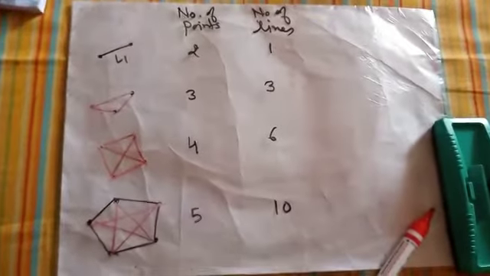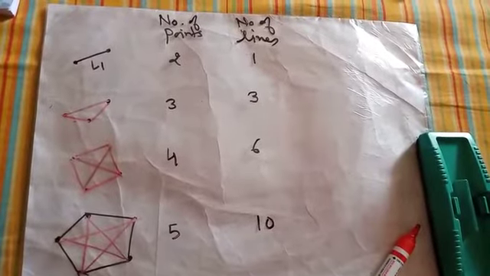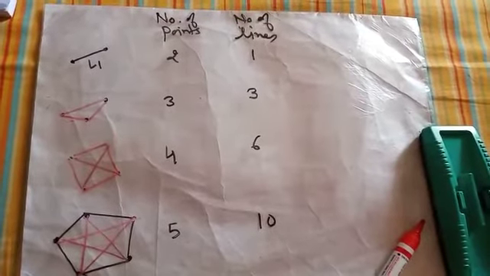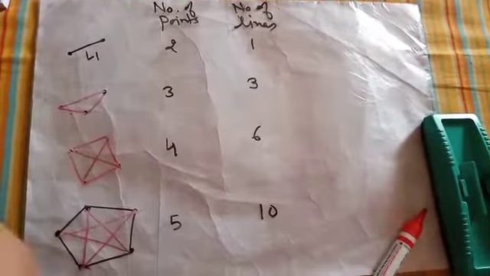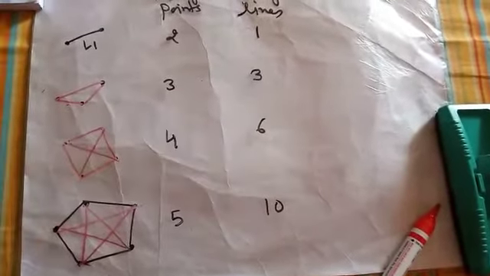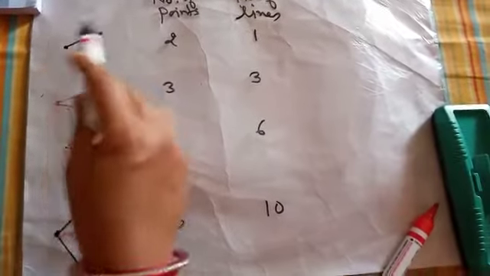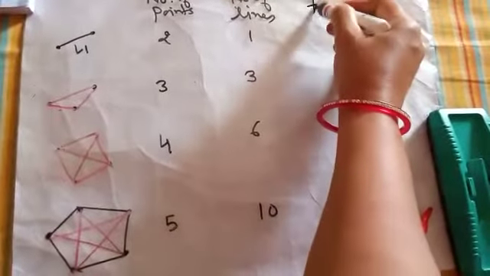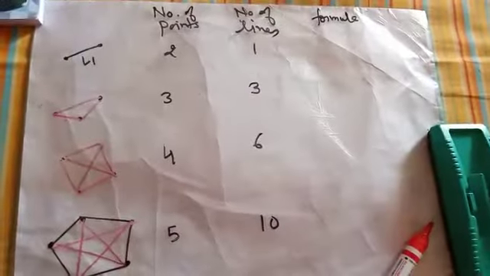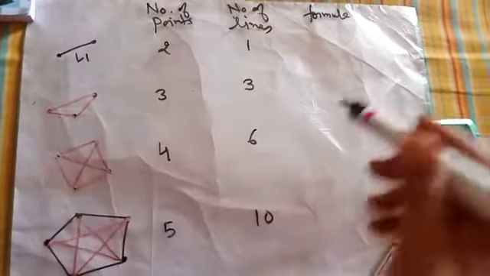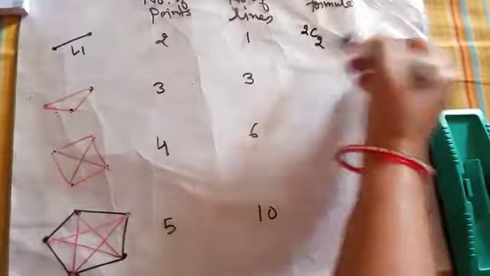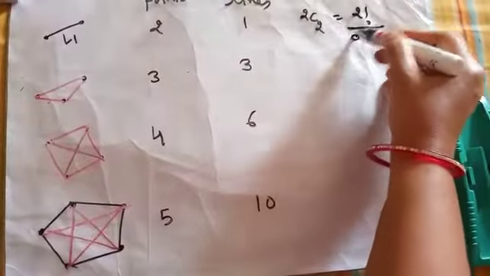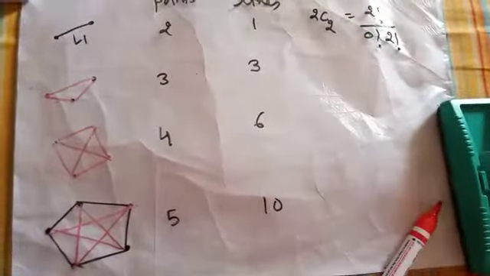Now what are we supposed to do here? What are we trying to find out? We are trying to find out how you can draw the lines given the number of points, and now we have to get a formula for it. When we are framing these lines, what is actually happening? You are taking 2 points to form a line. So we can use the formula for combination here. The formula which can be used here is 2C2. Out of the 2 you have to select 2 only, so that makes it 2 factorial upon 0 factorial into 2 factorial, and you will get the answer 1.